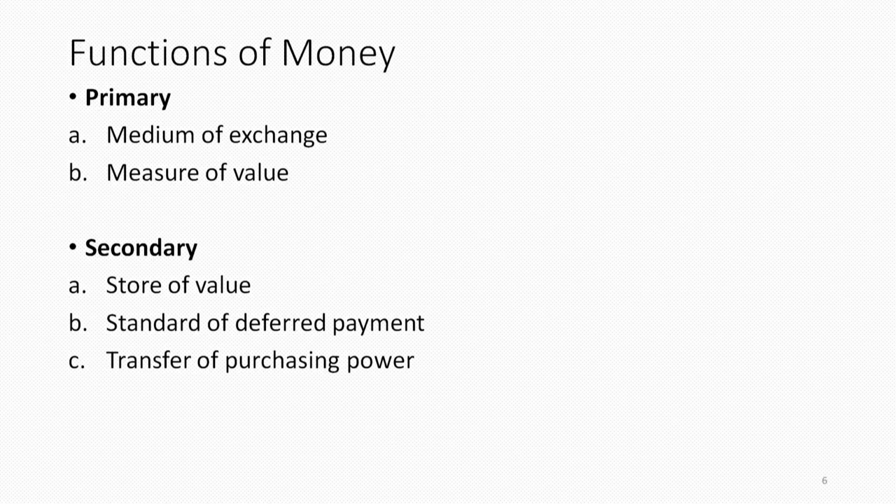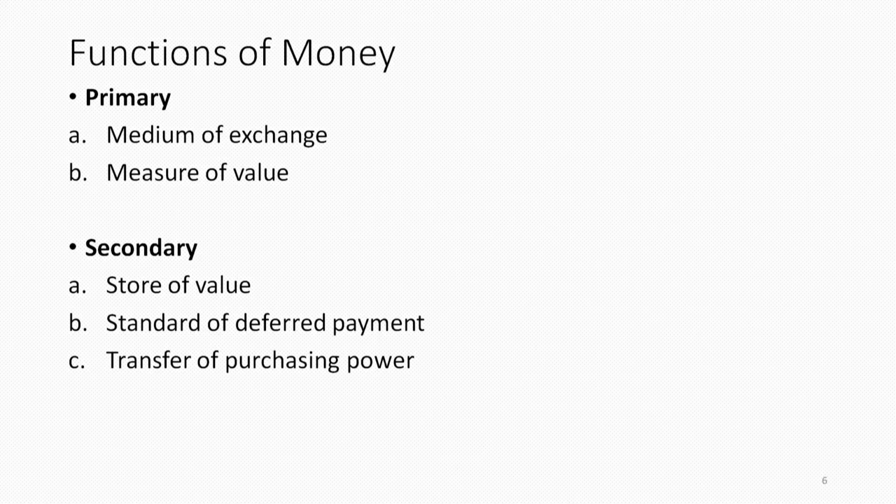So, an acceptable and easy medium through which we can get goods and services. The second important thing is money as a measure of value. A 500 rupee note would bear the same value in any part of India when we are purchasing any commodity; it would have the same measure of value. We can go and purchase things with a 500 rupee note anywhere in India. The secondary function would include the store of value.